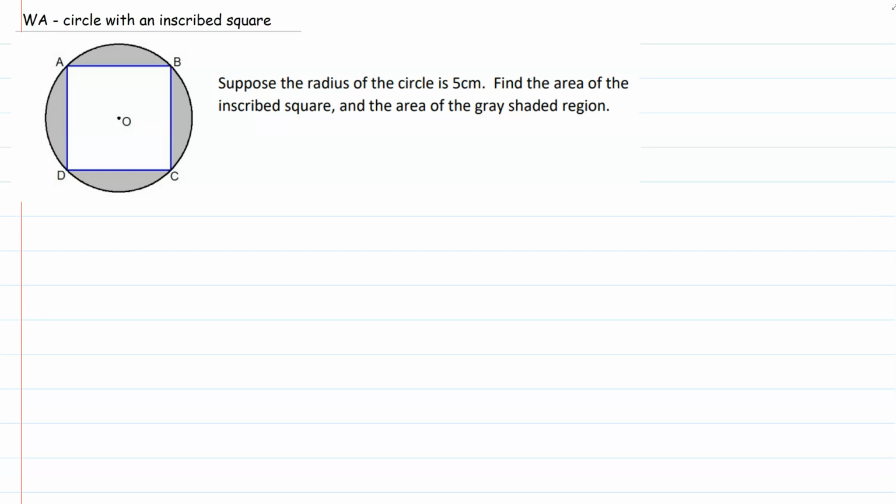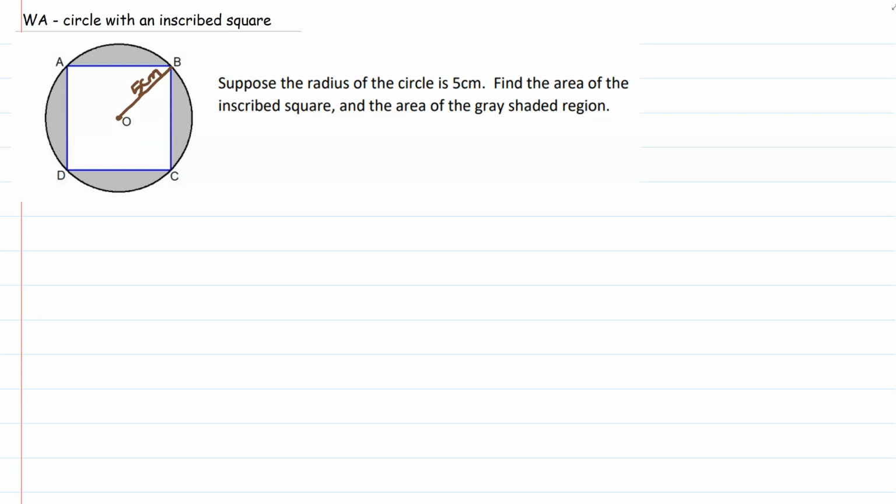Hey class, this is the written assignment problem where you have a circle with an inscribed square, meaning a square inside a circle. The problem says, suppose the radius of the circle is 5 centimeters. So the radius would go from the center here out to the point, and that is 5 centimeters. The question is asking you to find the area of the square and then the area of the